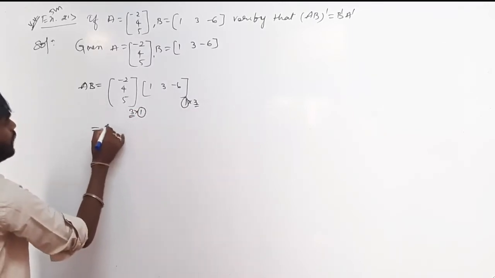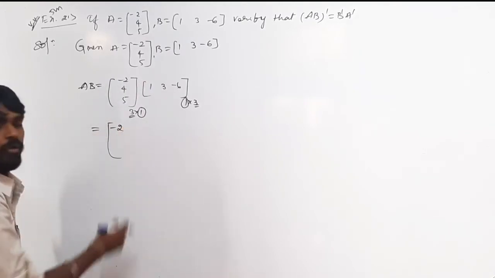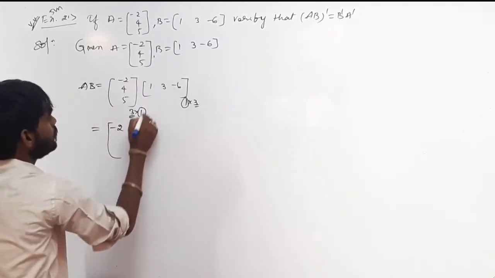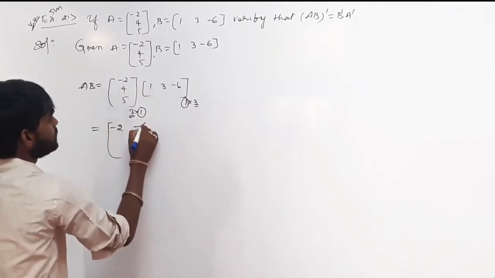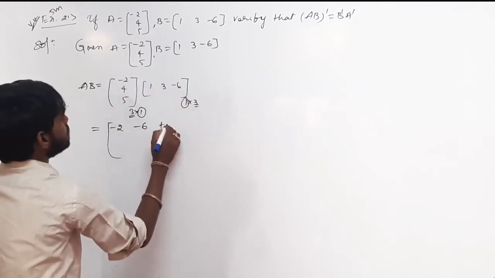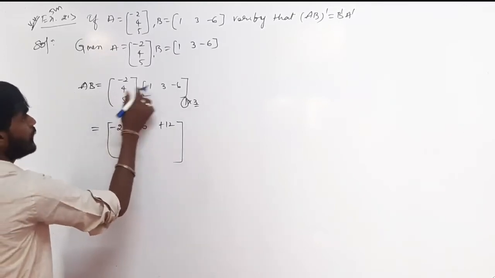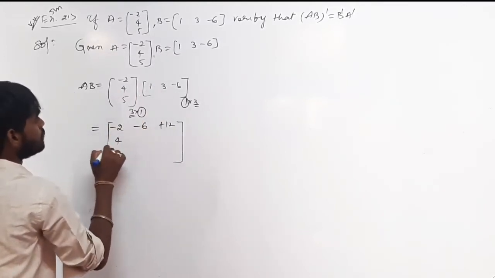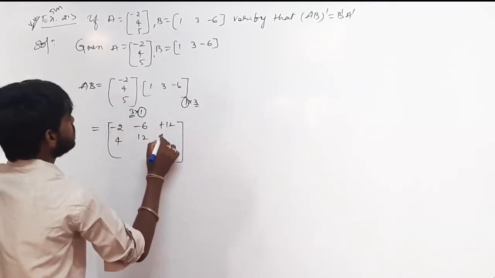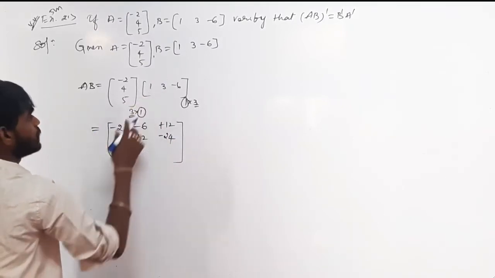Now this is equal to: first row first column, minus 2 into 1 is minus 2. Next, first row second column, minus into plus is minus, 2 3s are 6. First row third column, minus into minus plus, 2 6s are 12. Okay, so next, second row first column, 4 into 1 is 4. Second row second column, 4 3s are 12. Second row third column, plus into minus minus, 4 6s are 24. Next, third row first column,